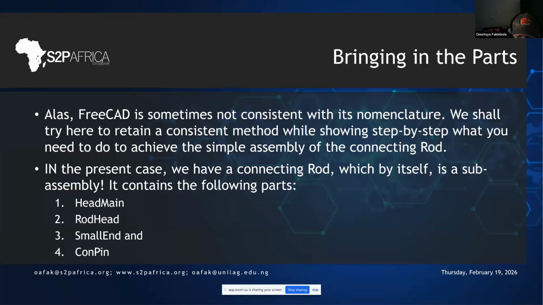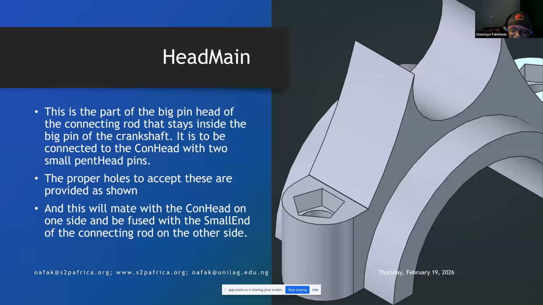In the present case, we have a connecting rod which by itself is a sub-assembly. It contains the following parts in my own naming. I named something head main, another one rod head, third one small end, and lastly con pin. That is how I named them. And the head main looks like this. This is the part of the big pin head of the connecting rod that stays inside the big pin of the crankshaft. It is to be connected to the con head with two